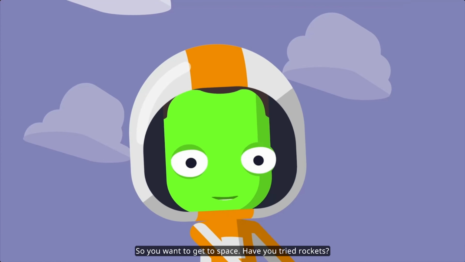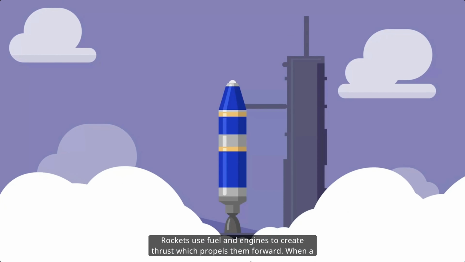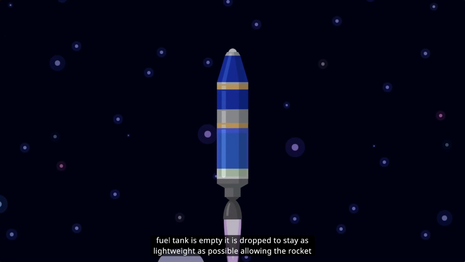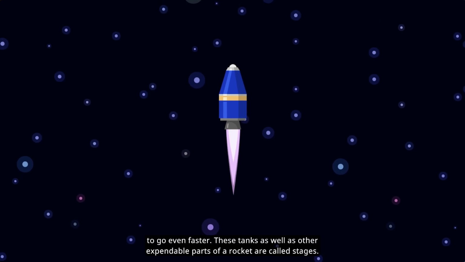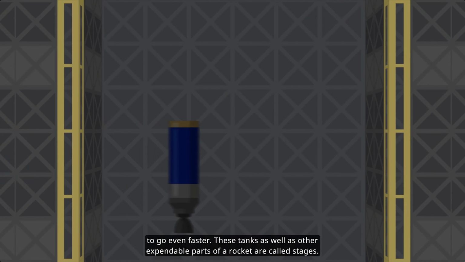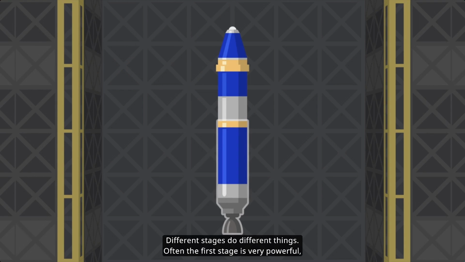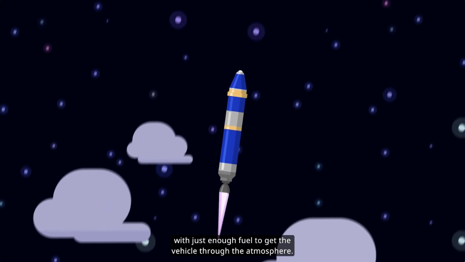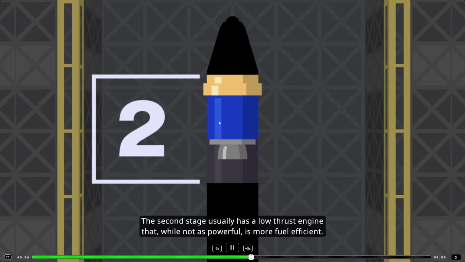Space is the place. So you want to get to space. Have you tried rockets? Rockets use fuel and engines to create thrust, which propels them forward. When a fuel tank is empty, it is dropped to stay as lightweight as possible, allowing the rocket to go even faster. These tanks, as well as other expendable parts of a rocket, are called stages. Different stages do different things. Often the first stage is very powerful, with just enough fuel to get the vehicle through the atmosphere. The second stage usually has a low-thrust engine that, while not as powerful, is...